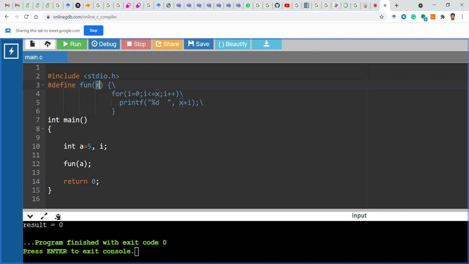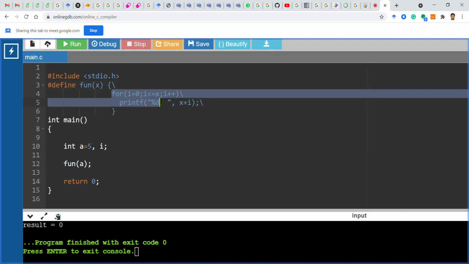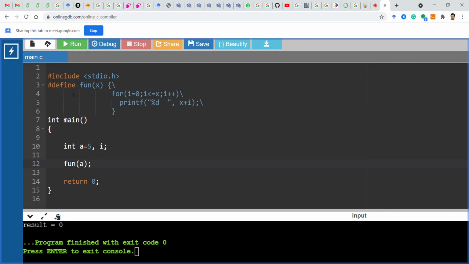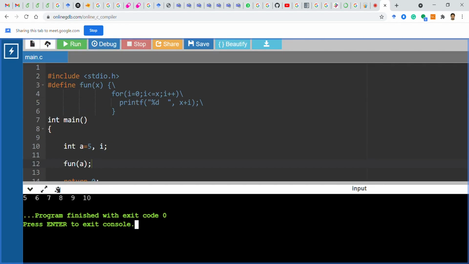So basically this will print: for i equal to 0, i less than or equal to 5, i plus plus, printf %d, 5 plus i. That is why if you run this program, you will get the result 5, 6, 7, 8, 9, 10, because x is already 5 because of this A, and i was initially 0, so 5 plus 0 is 5, then i becomes 1, 5 plus 1 is 6.